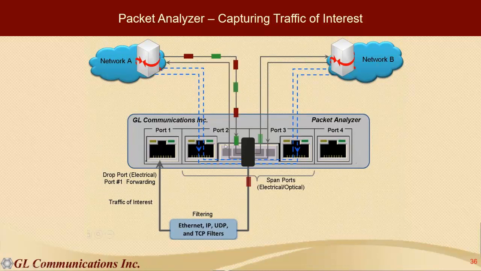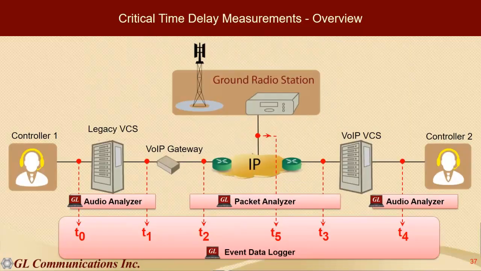We're passing all traffic through our span ports, and we're filtering out our packets of interest, whatever may be defined there, and whatever the test calls for, and we're sending those out to our event data logger where the timing is being tagged, and that's where you can delta the times within your network. So to summarize that,